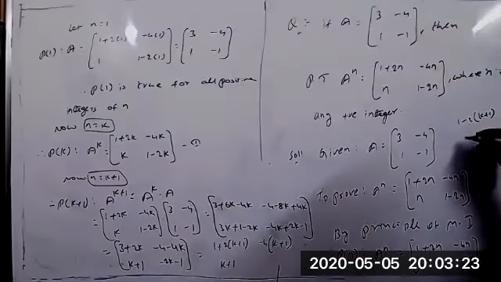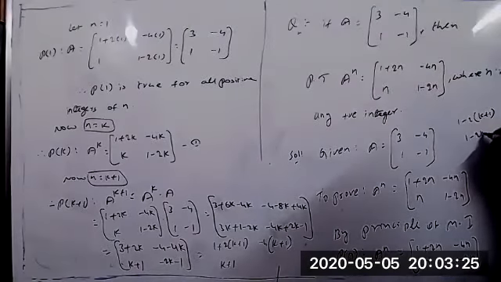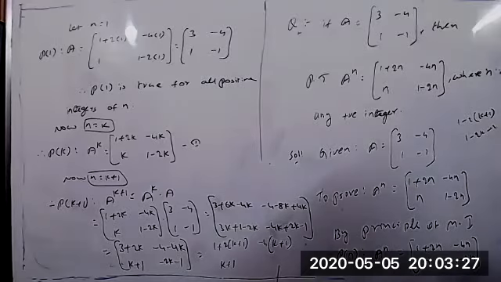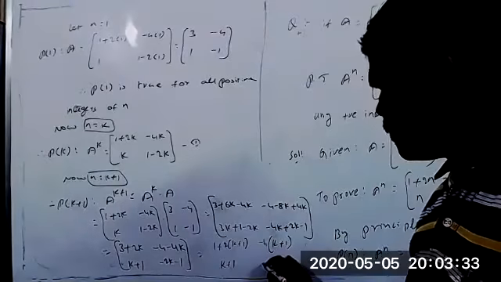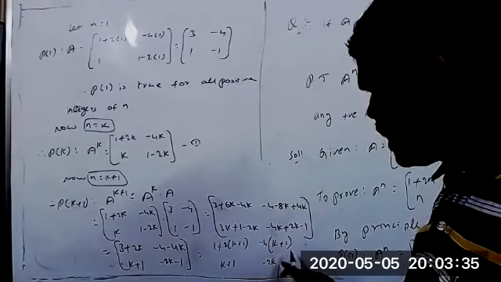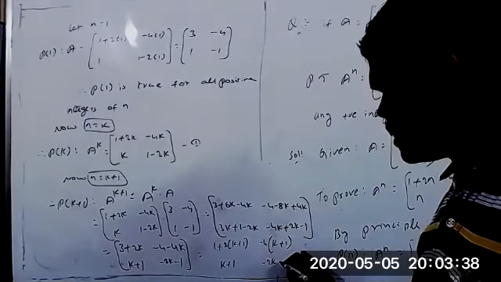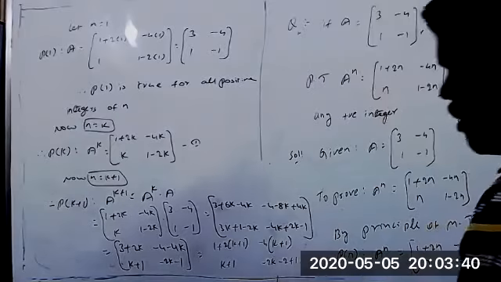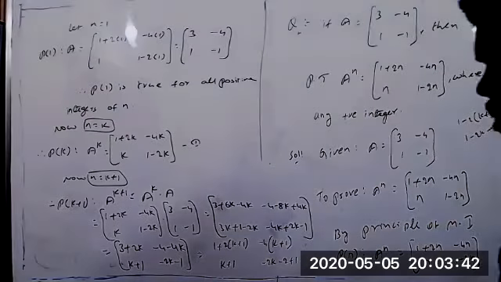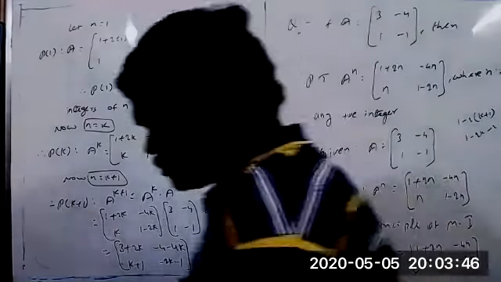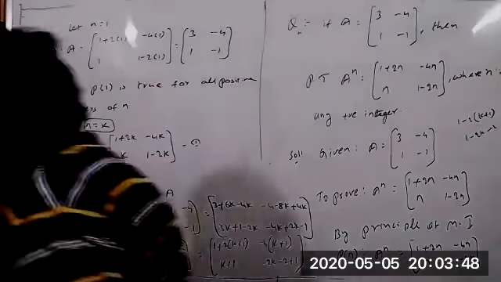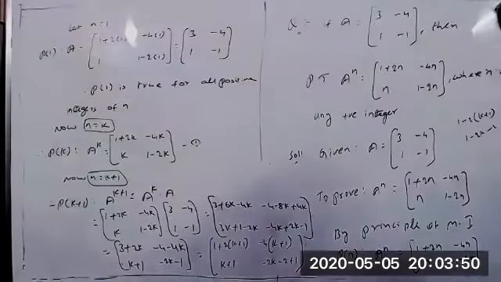When you multiply this value, we get 1 minus 2k minus 2. That means here minus 1 is there. This minus 1 can be written as minus 2k as is, and minus 2 plus 1. Nothing happens, so can we directly take it as minus 1? Yes, take it, no problem.